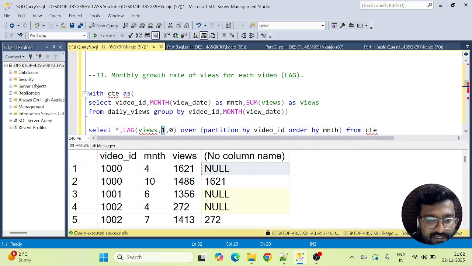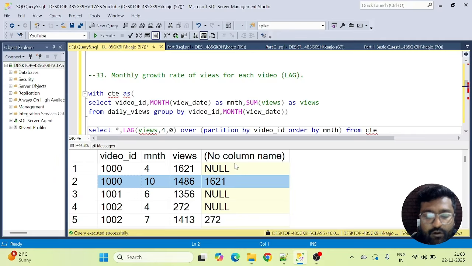Now what is 1 here? 1 is the step function here. Because we want the lag function to only go one record back, meaning 1 month back here. If, let's say, I give 2 here or 3 here or 4 here, then when this lag function comes to this record, for example, it will take the previous 4 records, or the previous 3 records, including this record.